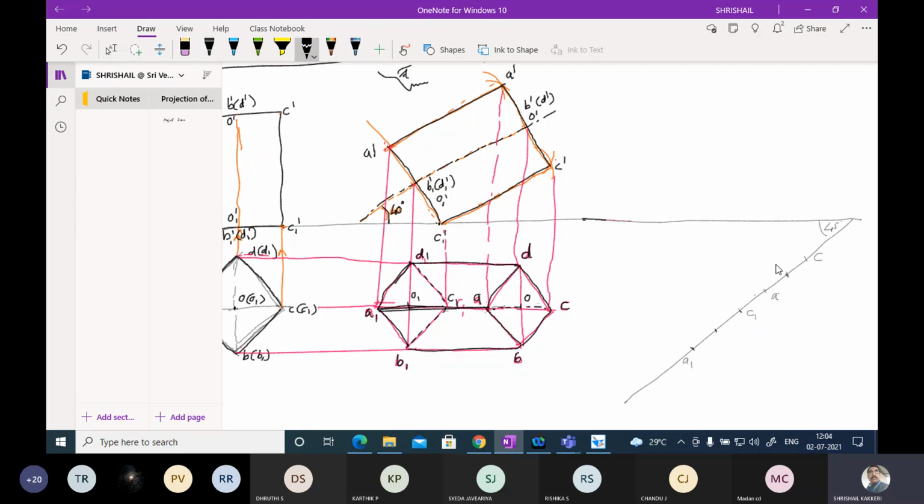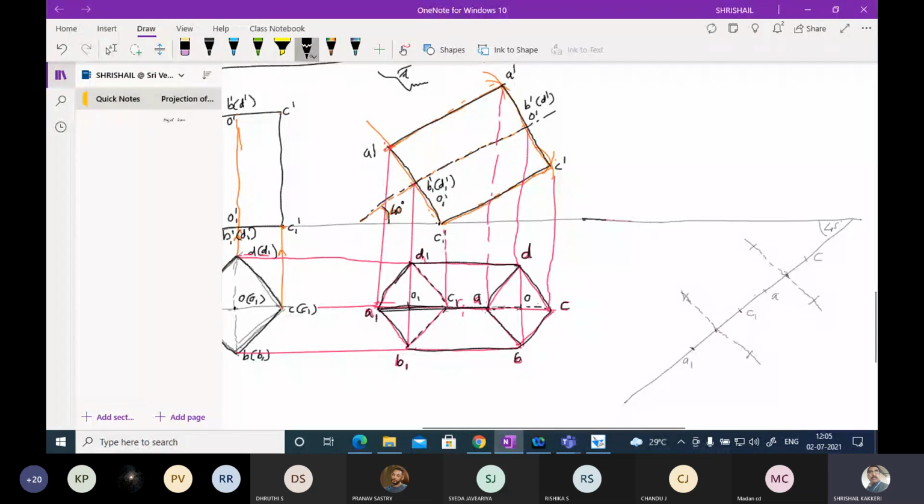Then at 90 degree to this line, draw this thin line. When you measure, this should be exactly 90 degree. After this, take this length, mark over here, and the same marking I am going to do. All these will be equal length. This length and this length, this length and this length, all these are equal.